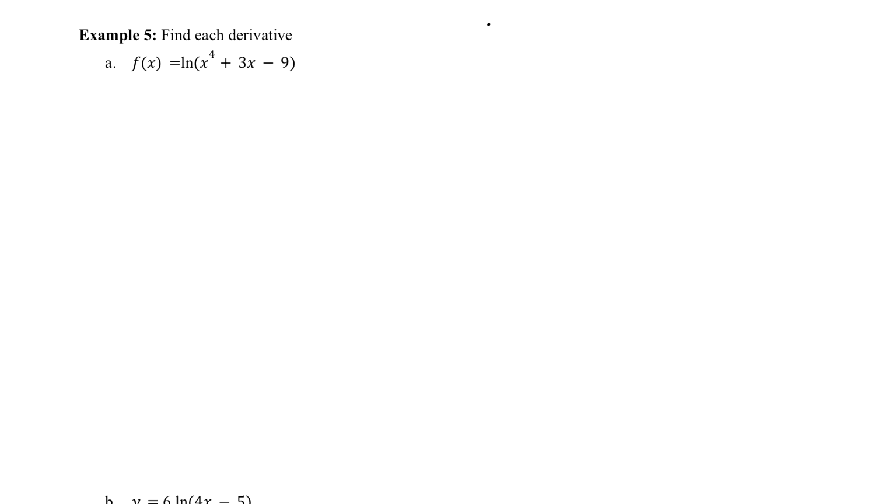So we've talked about shortcuts for our chain rule for the power rule. We've talked about the shortcut for exponentials. Our last one's going to be for logarithmic functions, in particular natural log functions. So if we have a function that looks like y equals natural log of u, again, where u is equal